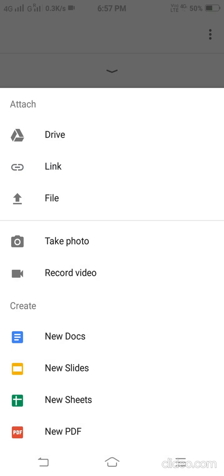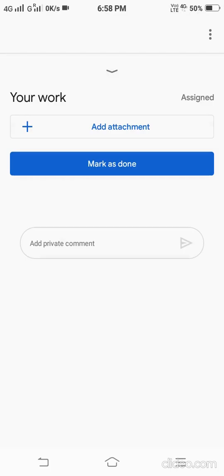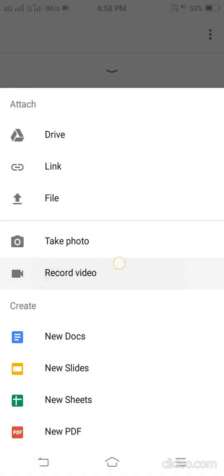You have this option, and you have got these many options. Google Drive, right now it is too advanced for you. You don't have to worry about it. Link, no need. So we will mainly be using only this option, file, or take photos, record videos. Take photos, you are already doing it in the school website, and therefore I don't have to explain this one. Record video, you don't need it. So let us use only this option, file.